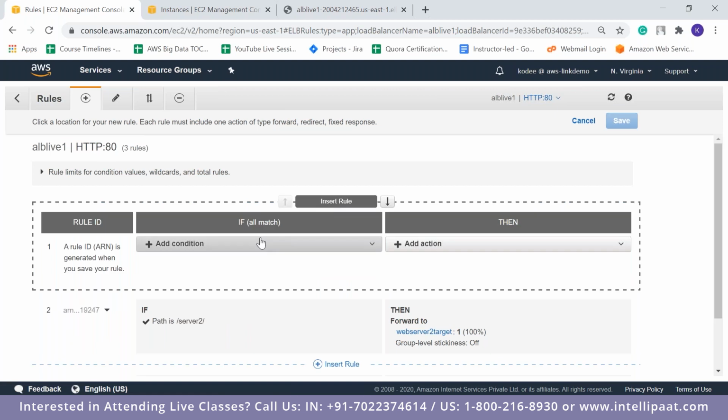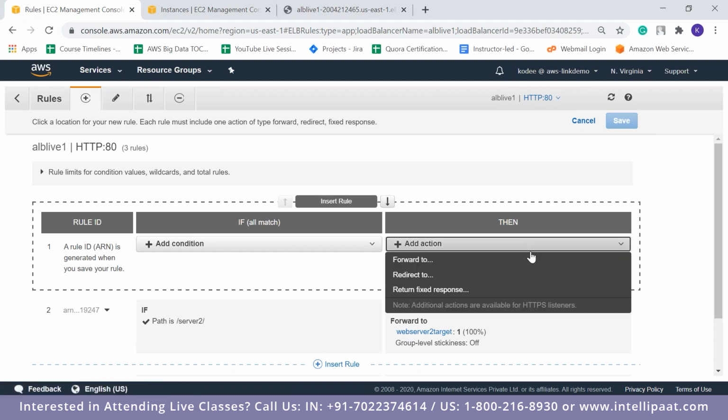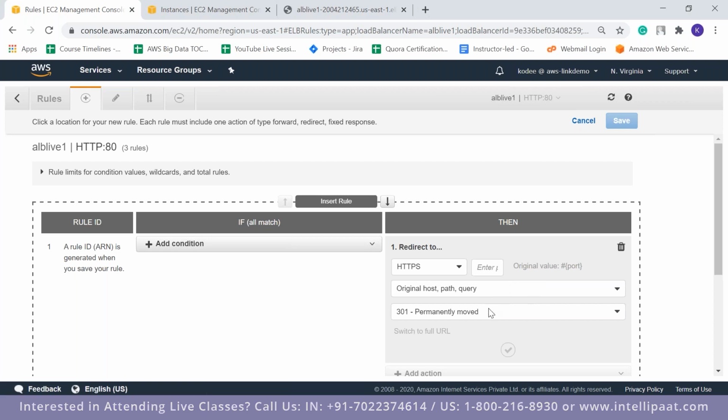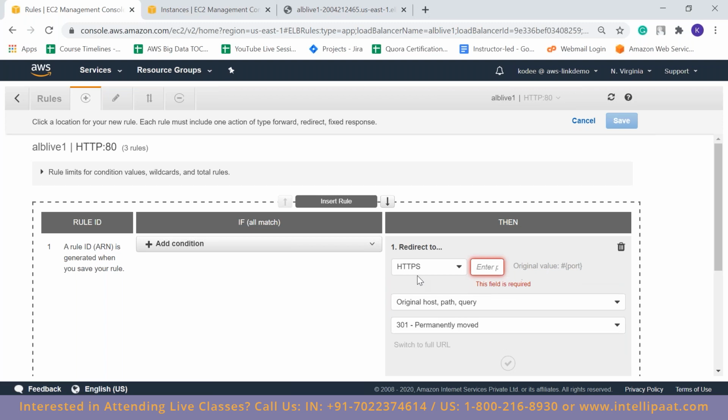For example, you can see add conditions, you can see source IP as well. You can add a particular source IP, and whenever a request is coming from that IP address, it will be redirected to a particular target group. There is HTTP header, there is host header, and for the action you can forward to, or redirect to a particular path.